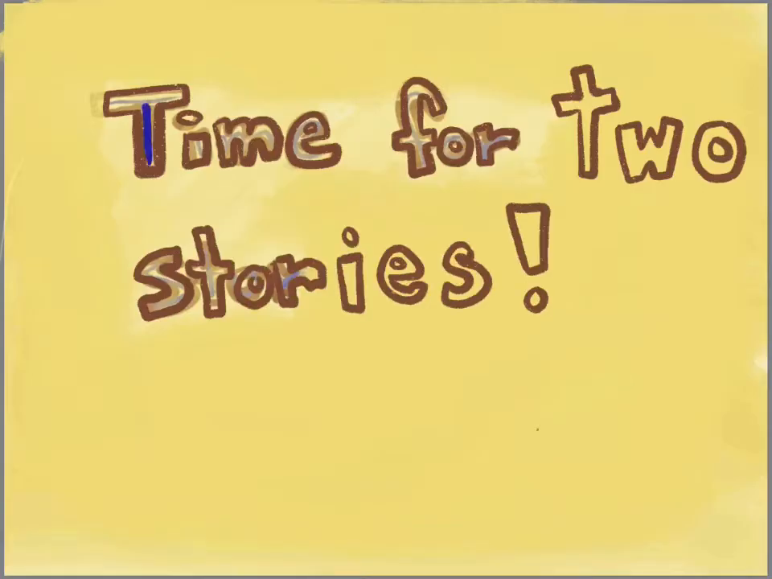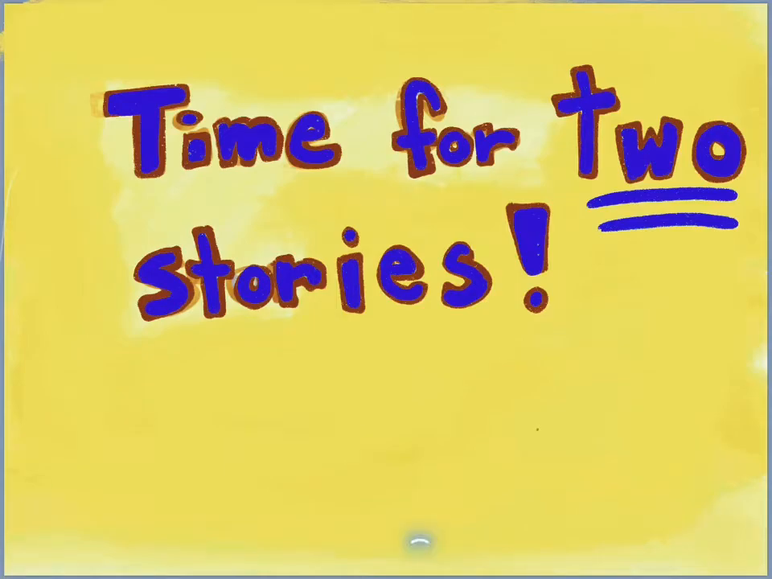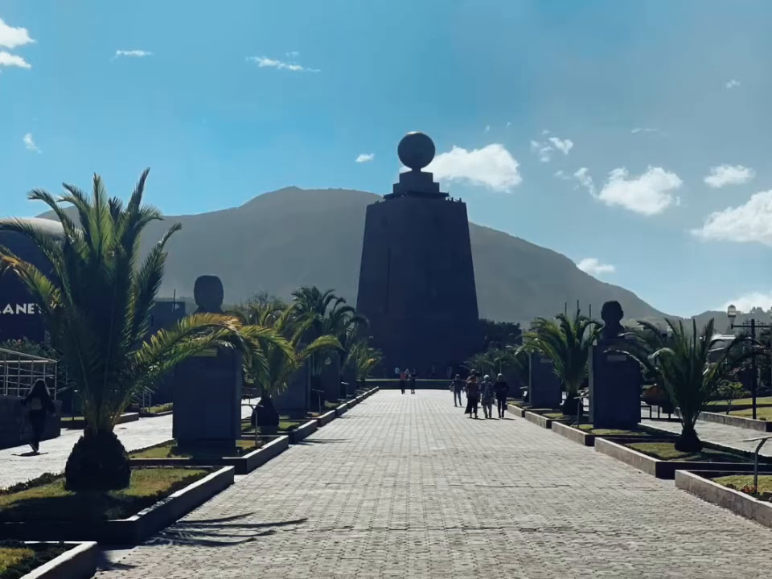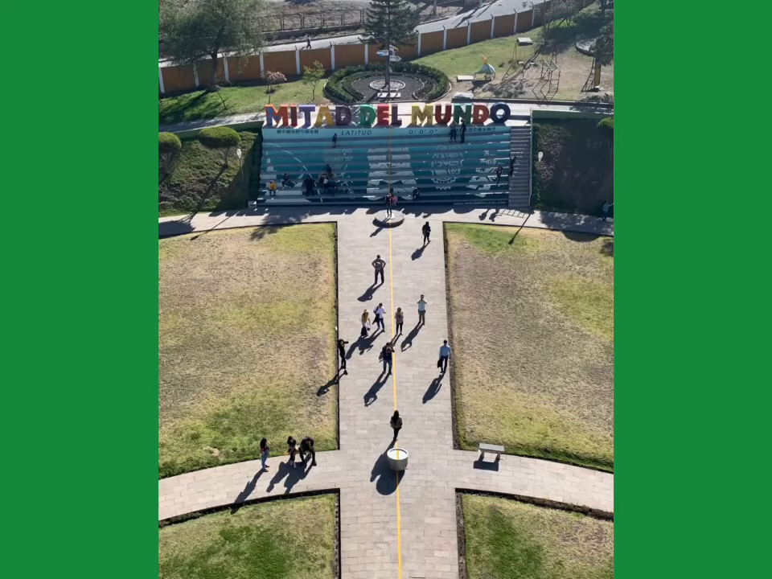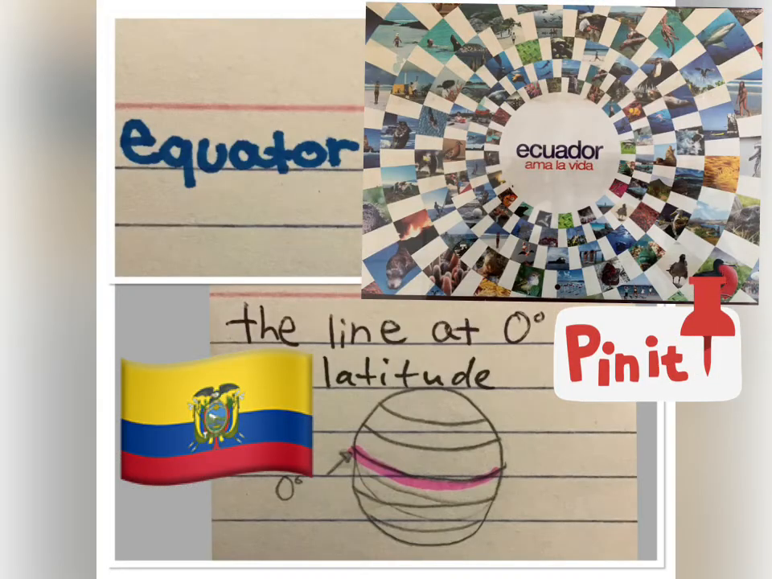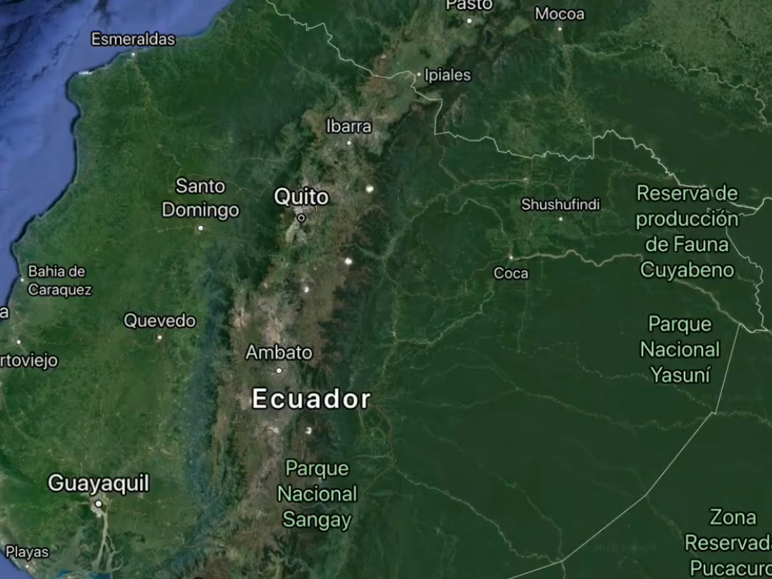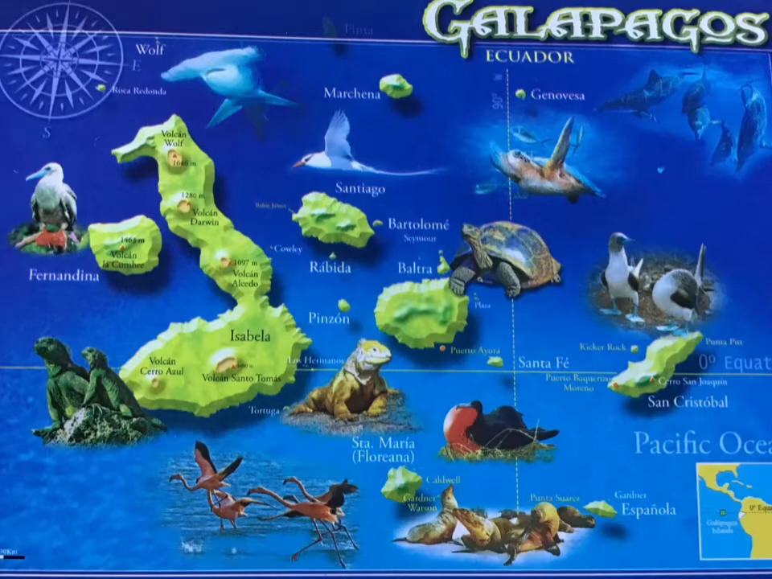It's time for two stories. The first is an extraordinary exploration of Ecuador. If you're looking for somewhere to explore, Ecuador is an excellent South American country near the equator. The name of the museum found there at 0 degrees latitude is called Mitad del Mundo in Spanish, which means middle of the earth in English. Ecuador actually means equator, an imaginary line at 0 degrees that cuts the earth in two, halfway between the north and south poles. On the west coast of Ecuador is the Pacific Ocean, and over 1,000 kilometers west of that,